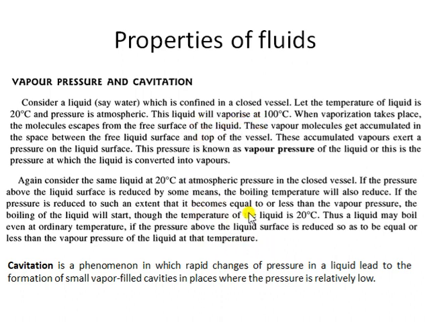Either you can increase the temperature, or you can decrease the pressure to reach the vapor pressure. Okay, so that is what we discussed in this particular point. Next is cavitation. Cavitation is a phenomenon which is not desirable. This is an undesirable phenomenon which happens in many hydraulic or fluid machineries. Basically, cavitation occurs whenever the pressure in the fluid machinery is decreased to vapor pressure.